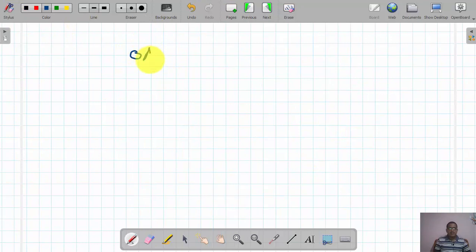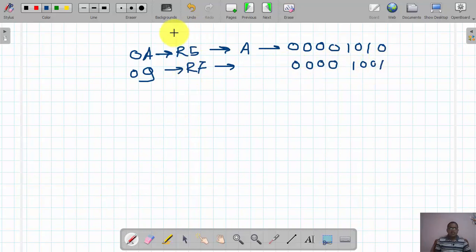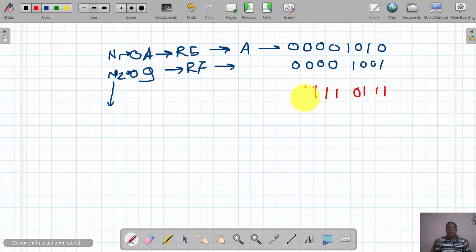My first number is 0A, which was earlier present in R5 register and copied into the accumulator, and this number is 0000 1010, and the second number is 09, which is present in R7 register, right? So it is 0000 1001, right? Now how are the things going to work? As per the rule, the first number n1 is kept as it is, whereas the 2's complement of the second number is obtained. So what is the 2's complement here? The 2's complement is now 1111 0111, right?